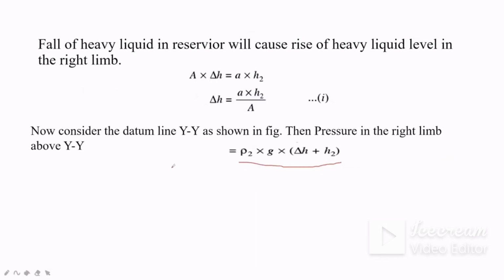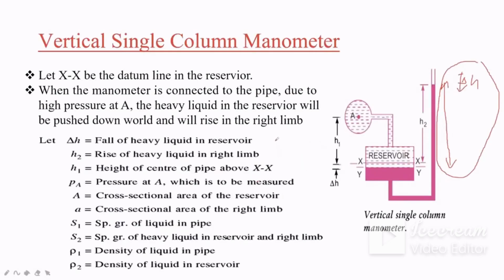the pressure in Y2 in the right limb will be rho 2 g. This H will change. That H2 will be there plus delta H. This is the rise, whatever it is raised. So A into, see, delta H is there, no? Delta H plus H2. Now what will be the pressure in the left limb above YY? It is rho 1 g delta H plus H1 plus PA. So whatever the pressure is there in the system, no? So above in the left limb, what happens above YY?